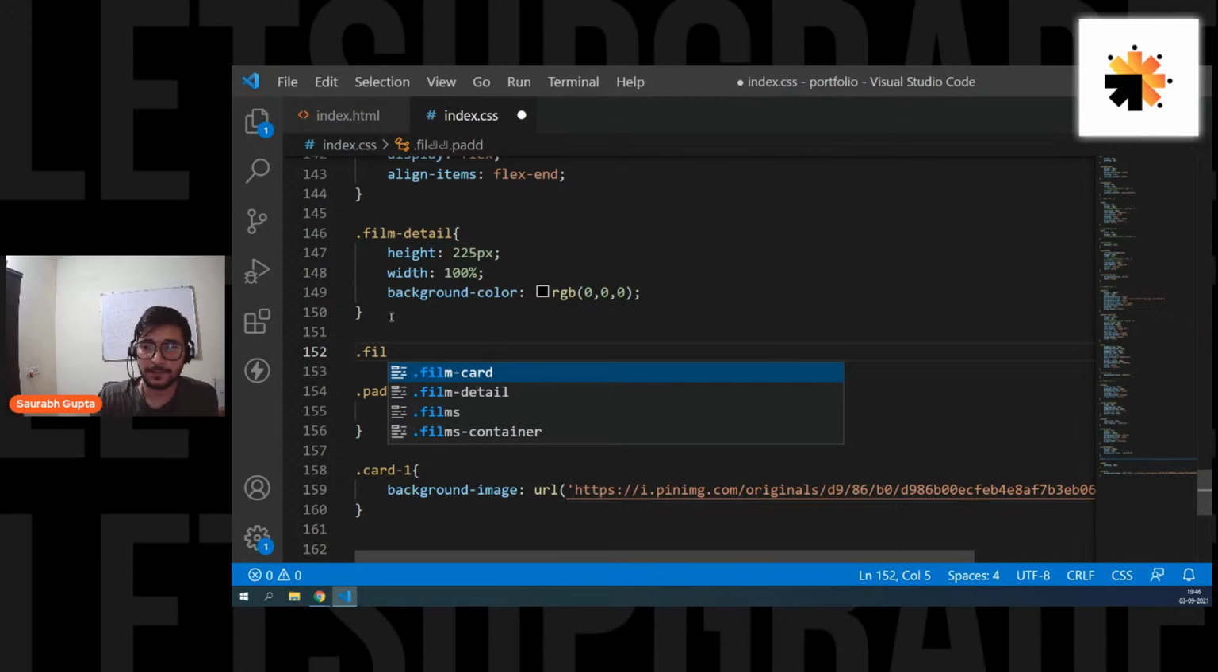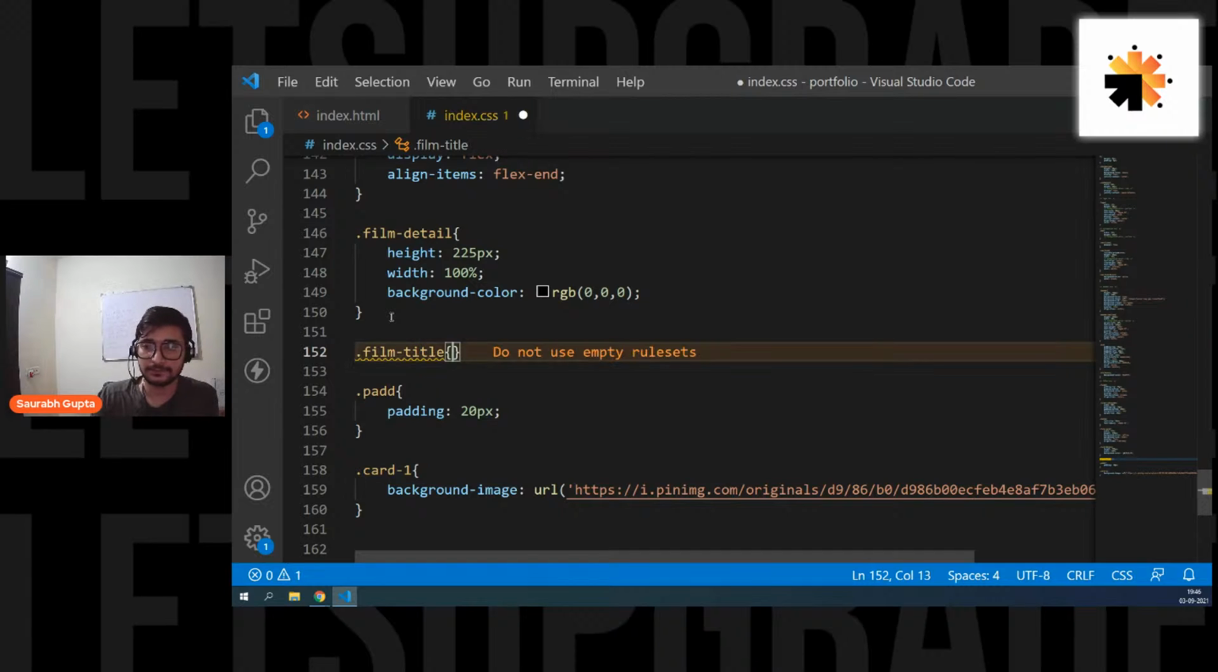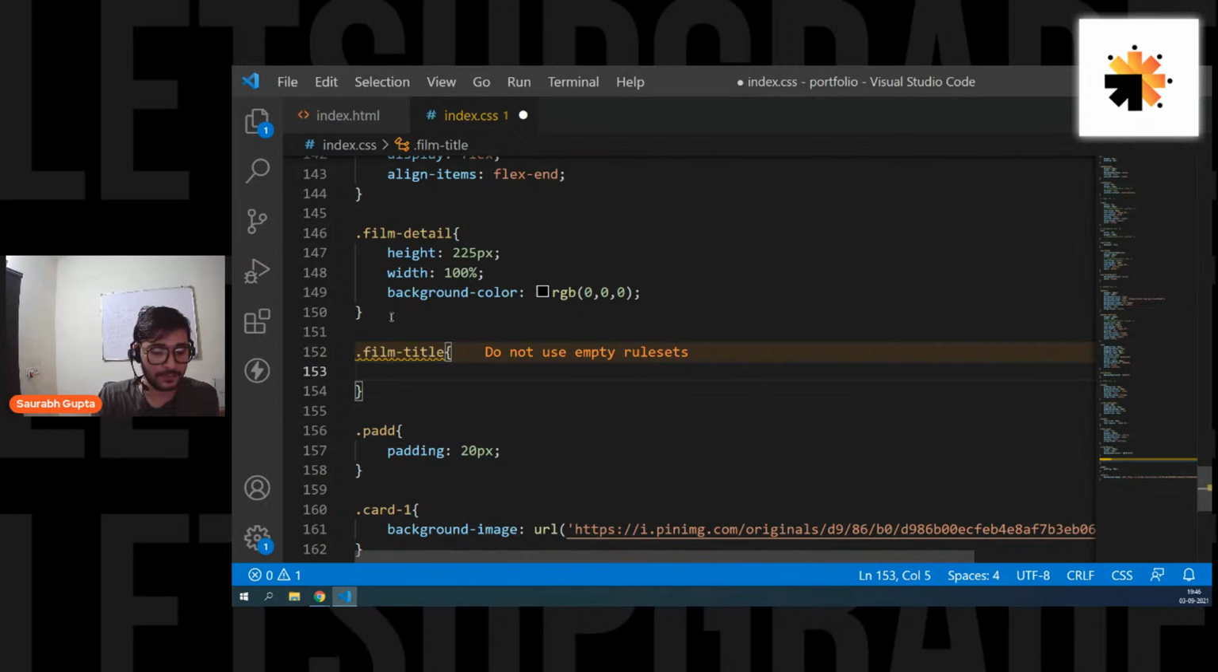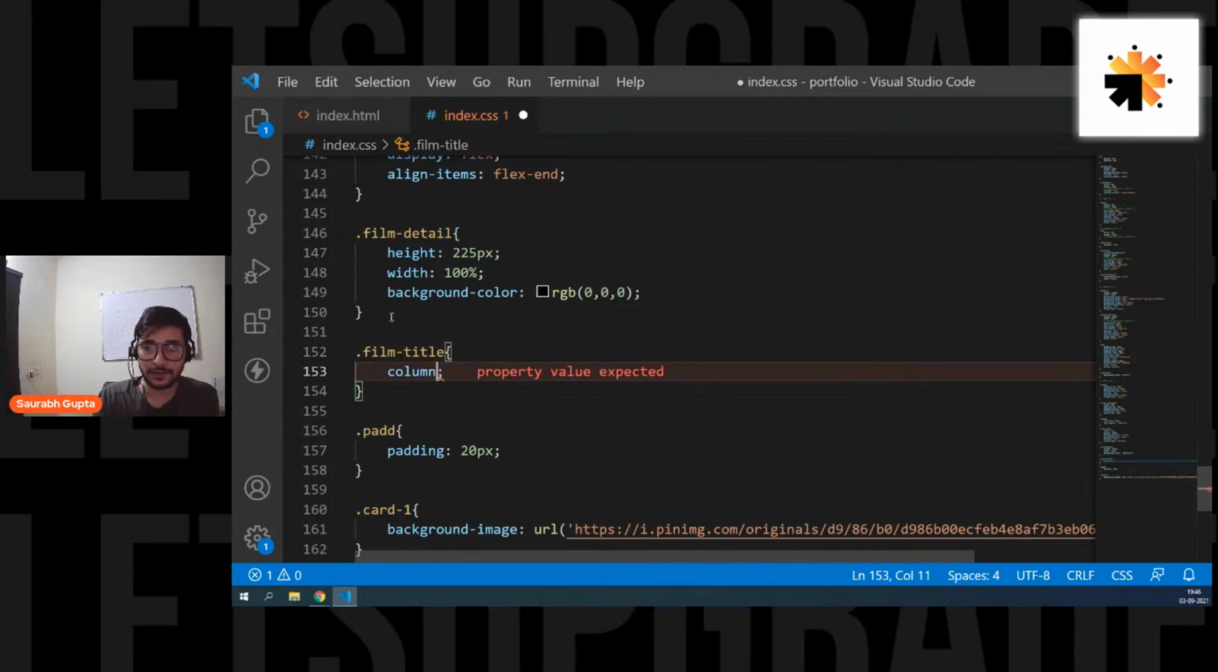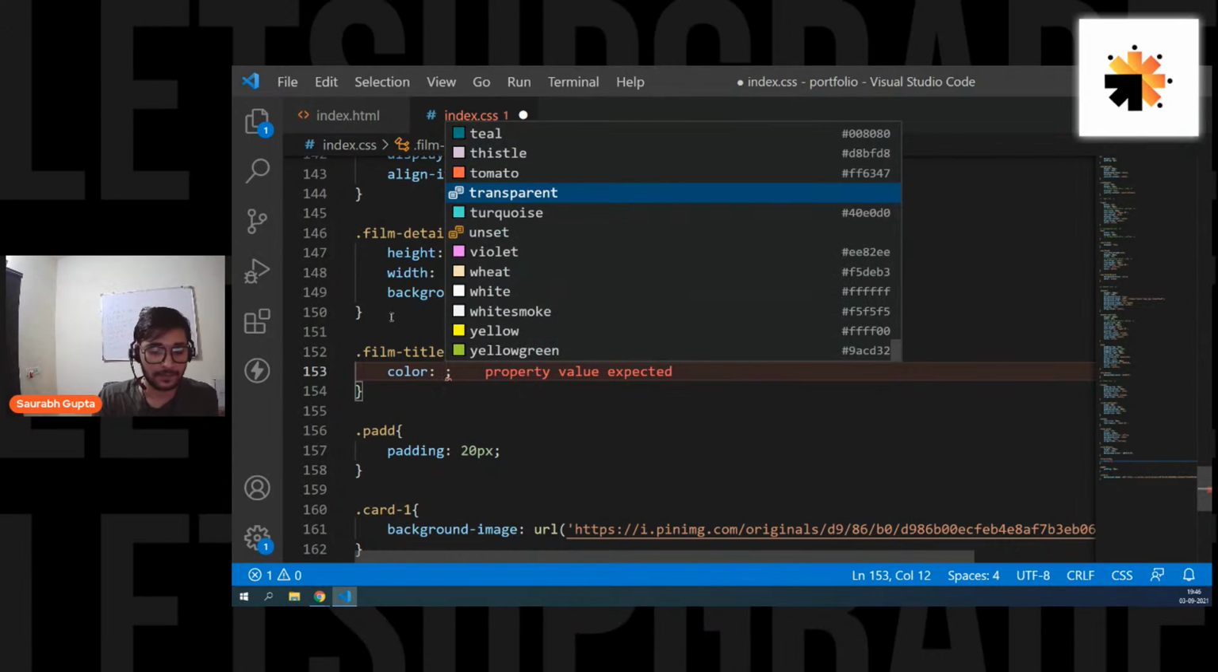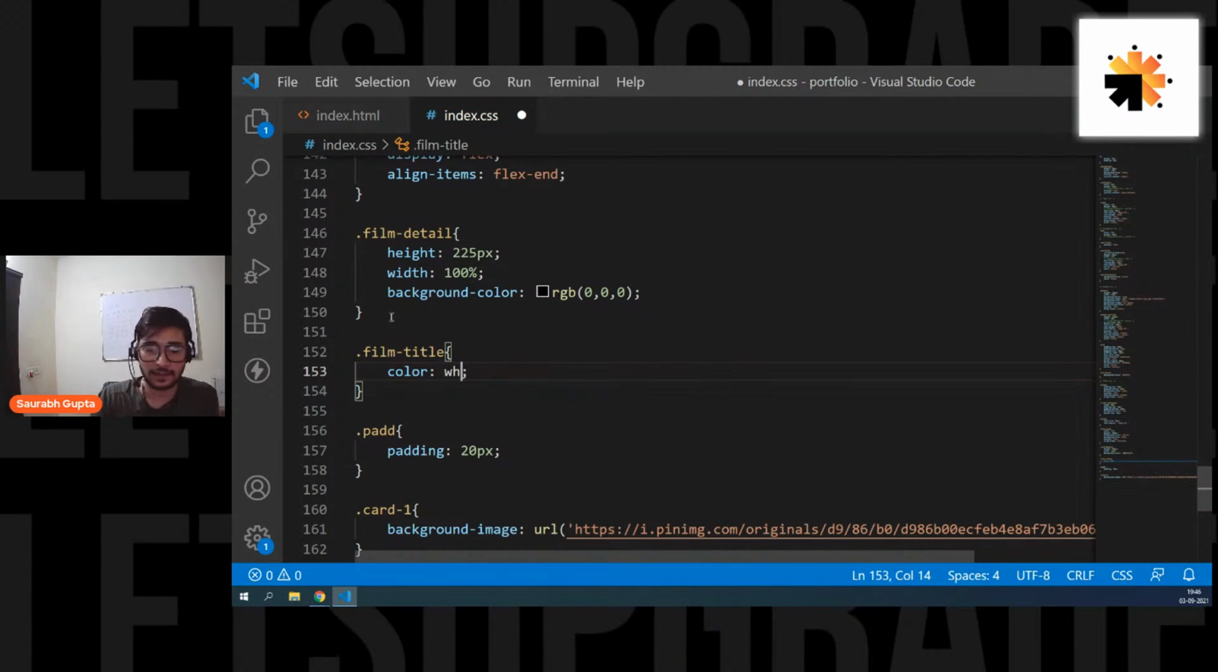Dot film-title. I'm going to give it color white, and